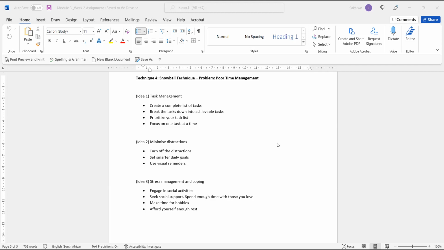So it will work best if you all can contribute your ideas towards poor time management. Even if the headings are not the same, in the end we'll put them in clusters depending on their similarities and relationships. So I don't know how we can proceed, but this is basically how it should work.